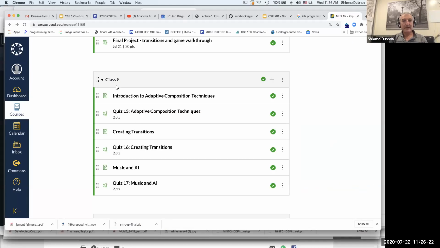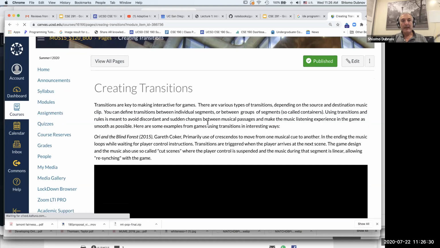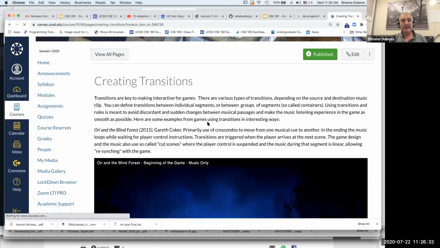So our second topic for today is going a little bit more specific about transitions. And since our game is not going to be really interactive, maybe things like these flourishes or stingers are less critical. But transitions are actually larger chunks of sound that are needed to stitch two musical materials from two scenes where we haven't really planned that transition before,